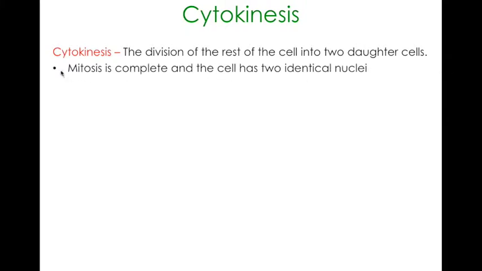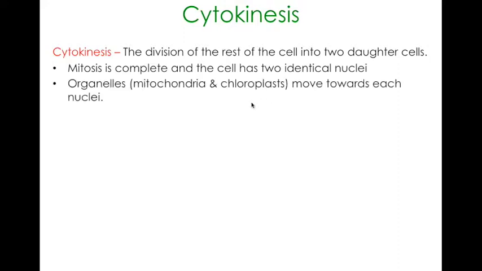Okay, so by this stage mitosis is complete and the cell has two identical nuclei in it, but it's still one cell. The organelles, including the mitochondria and the chloroplasts, and also any other organelles in the cell, have moved towards each end of the nuclei. They're basically clustered around their sides, and they're getting ready to divide. Okay, so in cytokinesis,